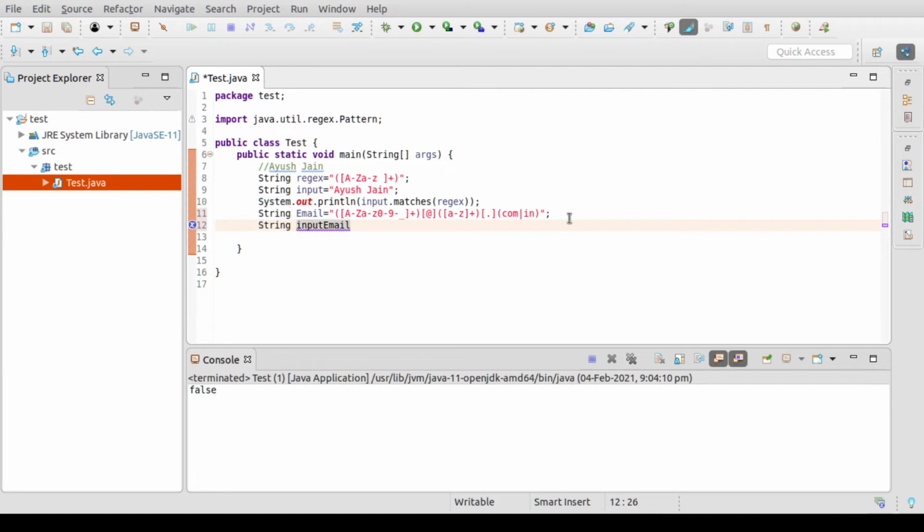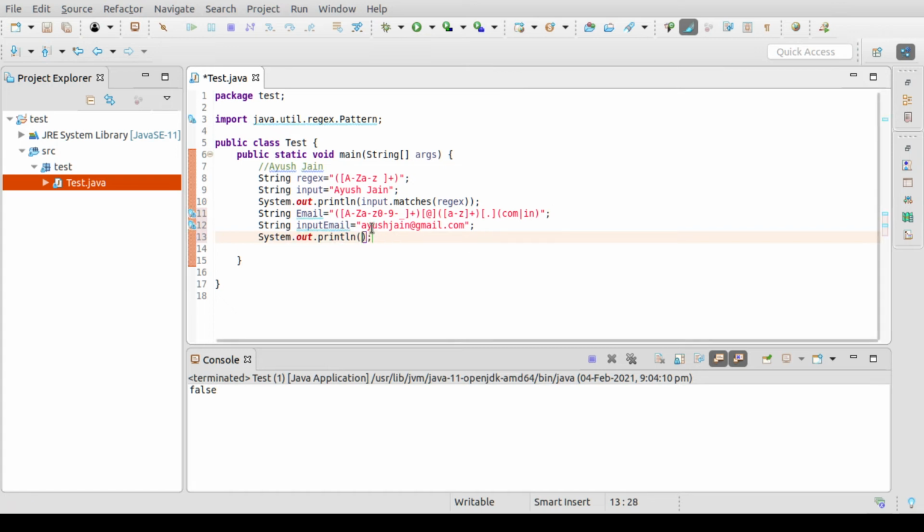Okay, string input email. Then let's write Ayush Jain at the rate gmail.com. Then it's going to print yes, because we are following the regex pattern, or rather it's validating that the email ID input given by the user is valid.